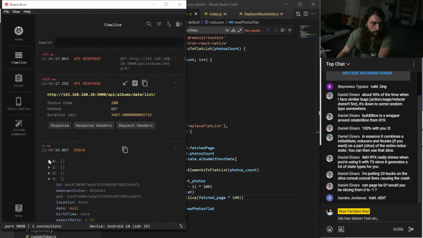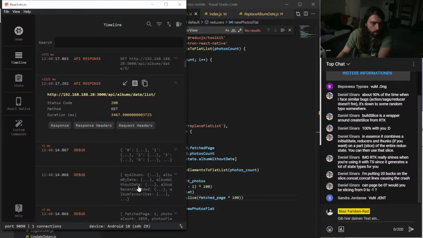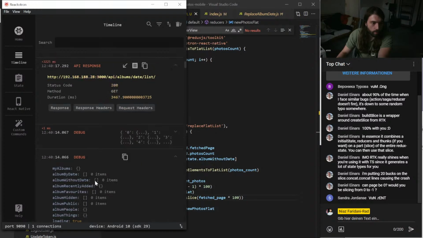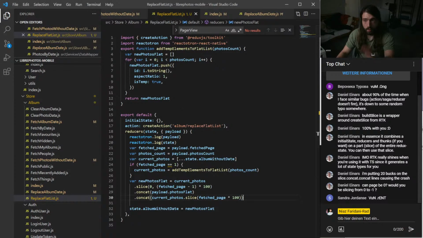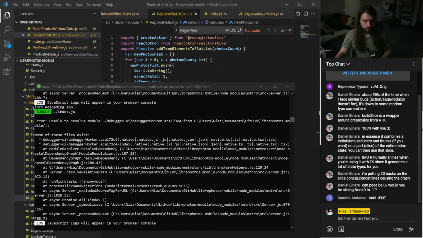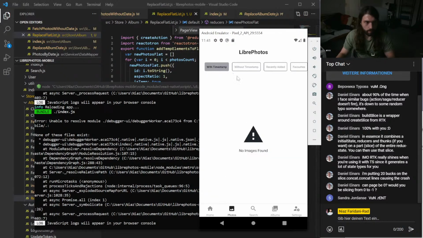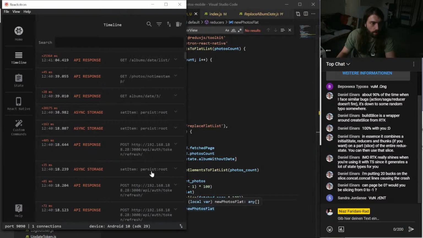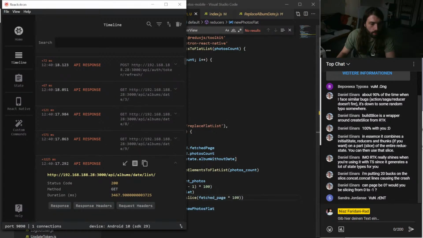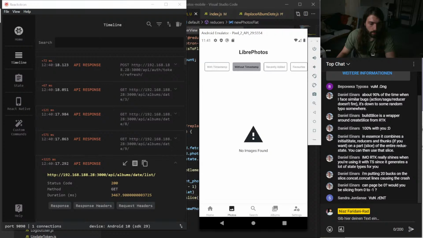Right, so that's empty now, but if we do it a bit differently, like here, then we should reload that. Or not, I guess.